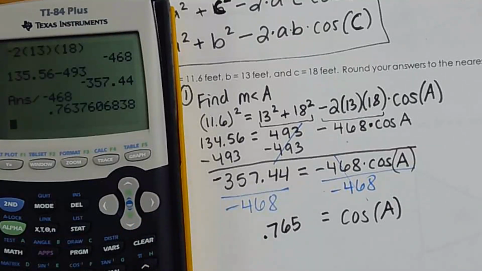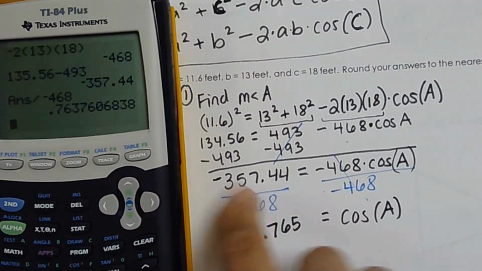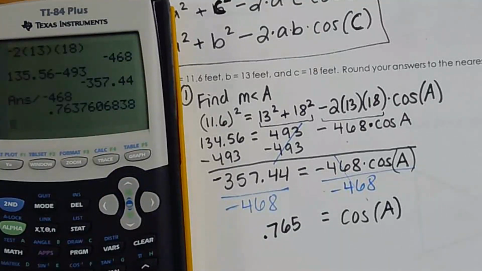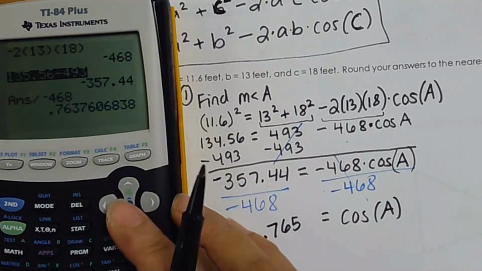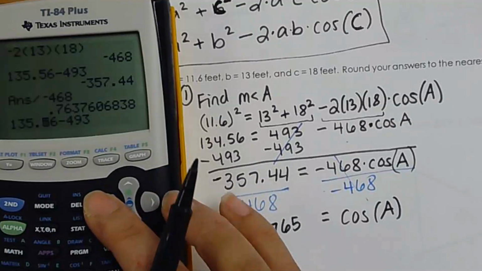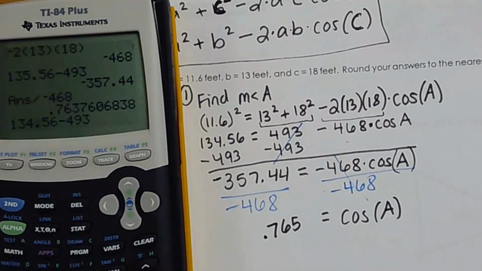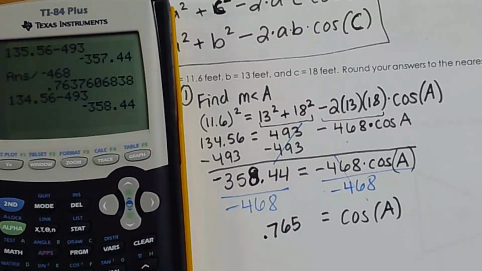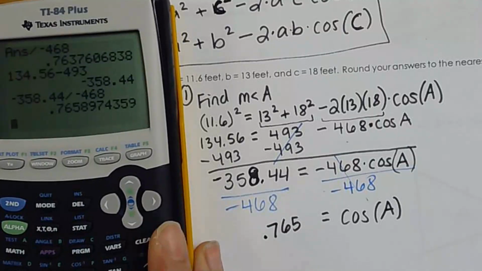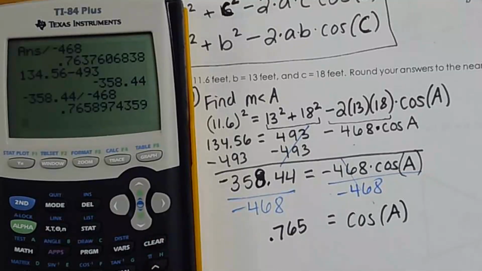I'm sorry, it looks like I made a mistake up here back when I was subtracting. I subtracted 135.56 instead. So I'm going to fix that real quick. It should be 134.56 minus that 493. So this is going to be negative 358.44. Sorry about that. And then when I go to divide negative 358.44 by negative 468, now you should get, it's positive 0.765, and now this time you